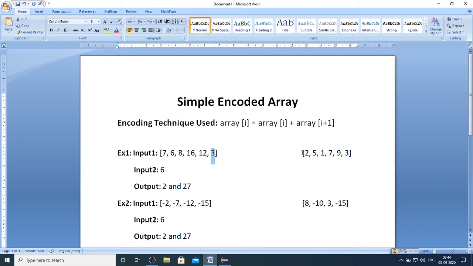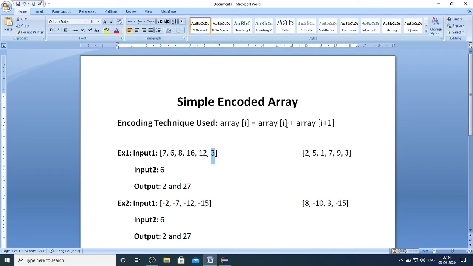That is the reason for determining the original array, you can start finding the remaining elements in the original array by using the formula array of I minus array of I plus 1,